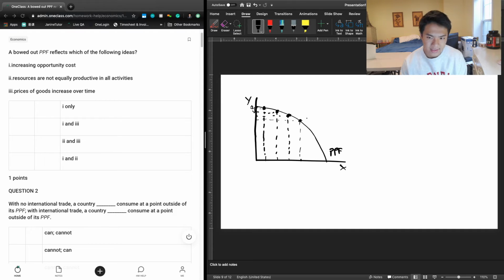We would not see this to be the case if we had a PPF with a straight line. That was just a straight line that had no bow whatsoever, and that would tell us that there's actually no increase in opportunity cost. It would tell us that there's constant opportunity cost. And so when we have a bowed out PPF, we know that we're dealing with a situation with increasing opportunity costs over time. The second answer choice says resources are not equally productive in all activities, and so that is